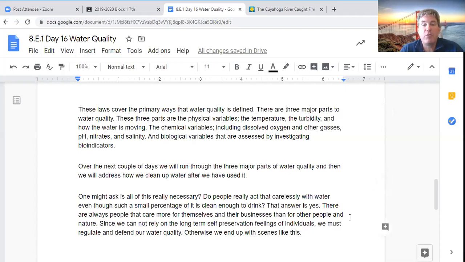There are always people that care more for themselves and their business and what's going on right now and the dollars they're going to make right now than the long-term effects of not cleaning up this water before I dump it in the creek, or not cleaning up this sludge before I put it somewhere and it seeps into the groundwater, because I want to make the money now, even though I may still live in this town 30 years from now when the groundwater goes bad and I get cancer, but that's 30 years from now. I want my money now. So what happens is if you don't have regulations and a body that will come down on you with the force of government, you end up with things like this.